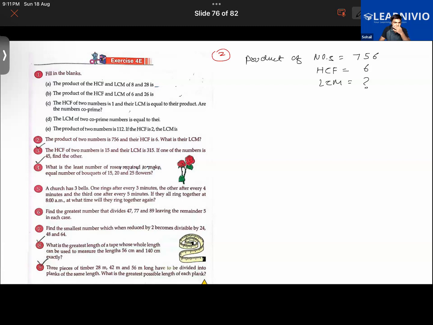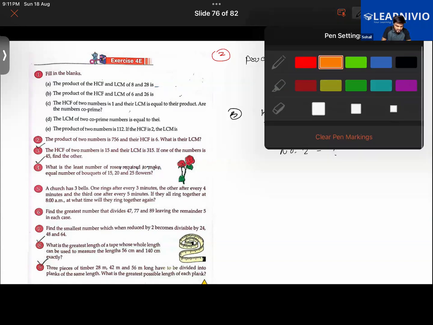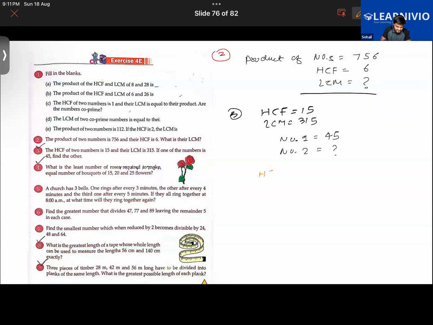Now in question number 3, the HCF of two numbers is mentioned as 15, and their LCM is mentioned as 315, and one of the numbers is given. Let us say number 1 is given as 45. You have to find the other number. Isn't that very simple? As we know, HCF multiplied by LCM is equal to